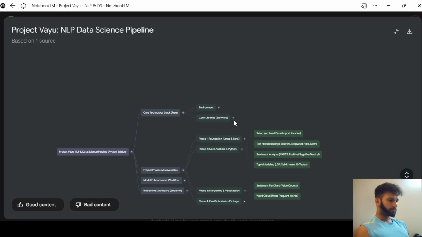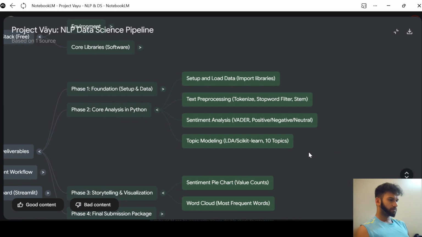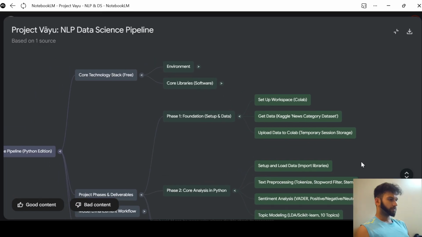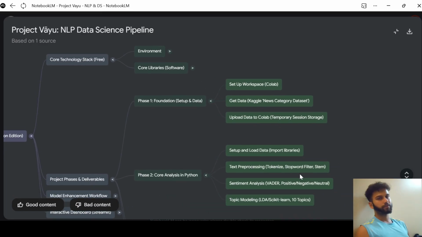So let's start with the first phase, that is setting up of the workplace and Colab. Since I have already made the model, and running it takes a little time, I've already made this. I'm trying to explain you, so you'll get the codes and everything in that notebook. If you want to make the model by typing all the codes, you can take from the screen also. The other option is that I have already pushed this model to my GitHub. You can get the source code from there also.